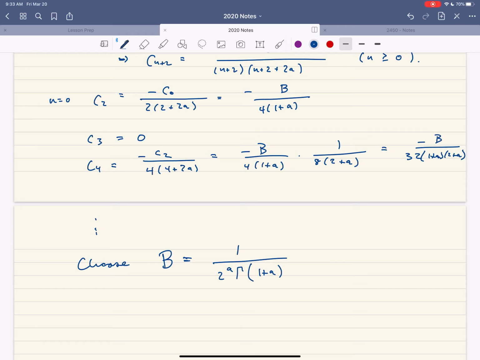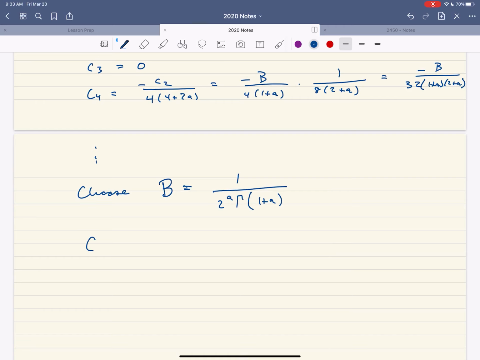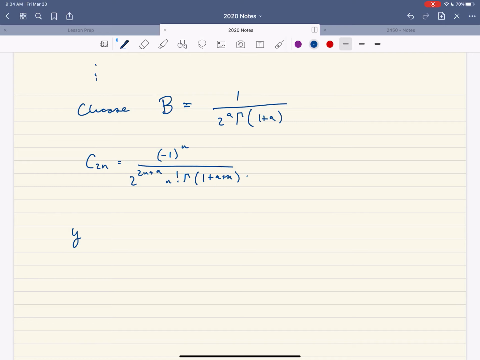Okay, so that's the relationship that you're getting here. And so what that means is that c sub 2n is going to look like negative 1 to the n over 2 to the 2n plus a, n factorial, gamma of 1 plus a plus n. And so that's going to be your coefficient, and therefore your Bessel function, j sub a of x, is